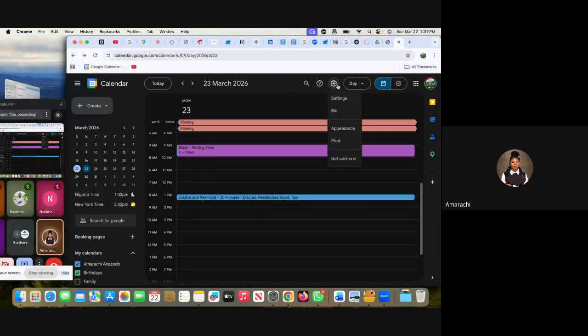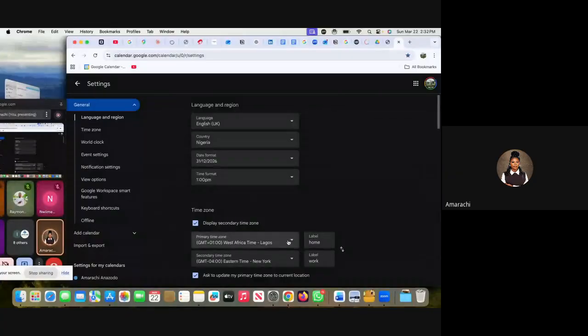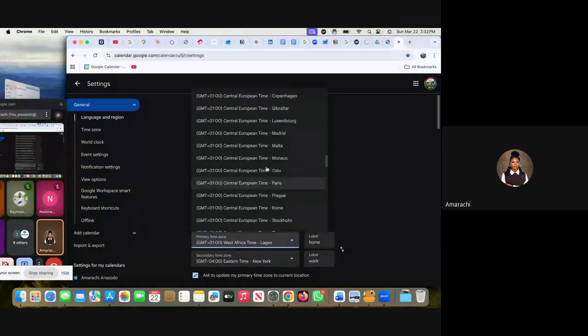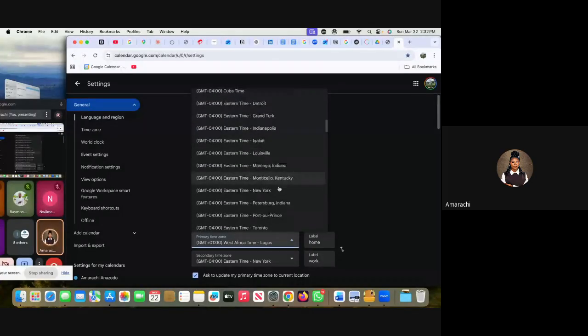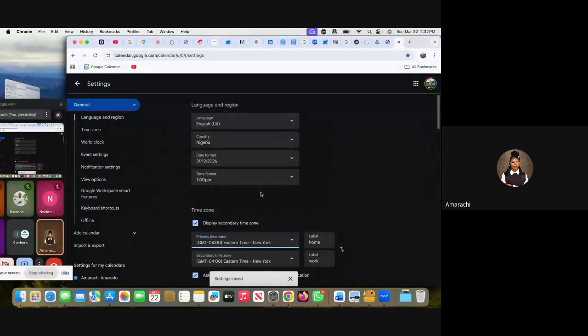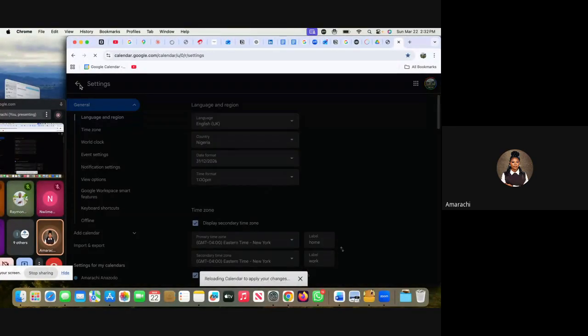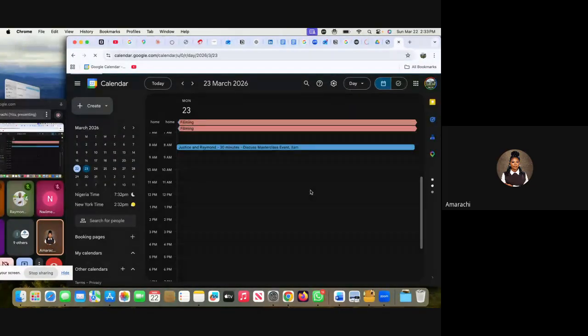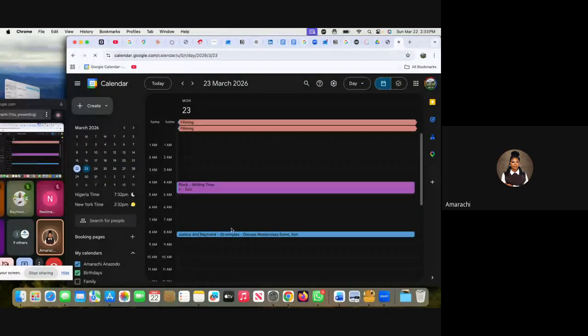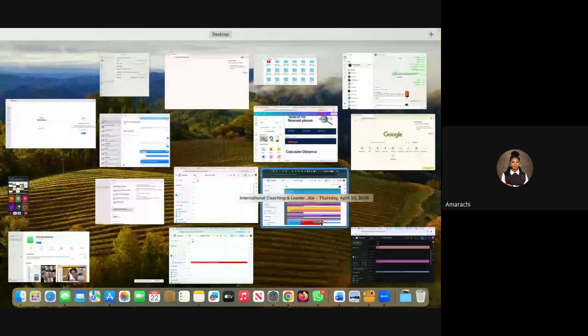So I have to change this back so it doesn't affect what I am doing. New York time, Eastern time, yes. Okay, that has been changed. Yes, it's back to 8 a.m. So now let's go back to